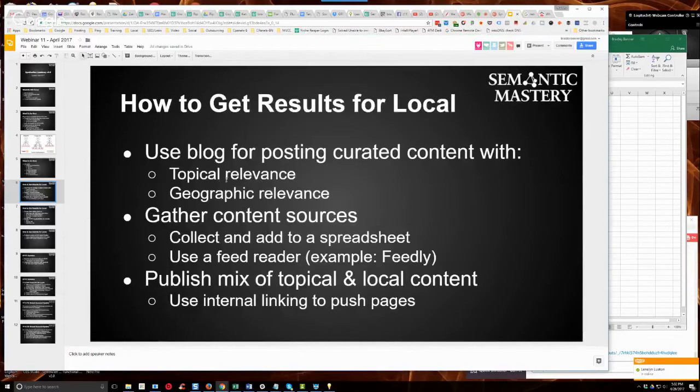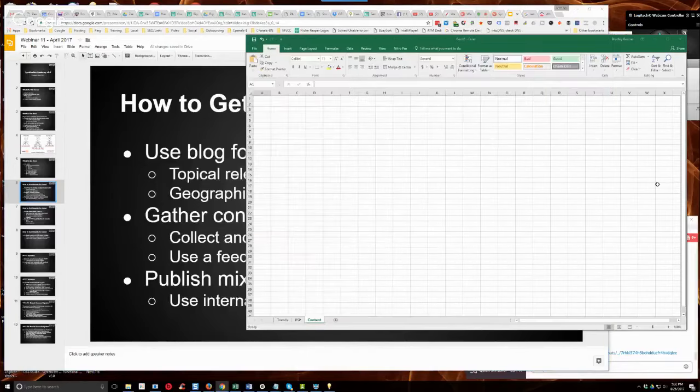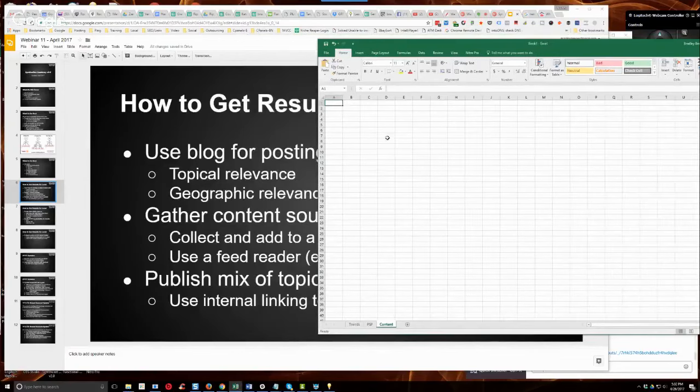sources for. While you're going through that, here's a trick. You can train a VA to do all this too. But look for RSS feeds for each one of those sites. Also, it doesn't have to just be websites, guys. You can also put Facebook pages in here, YouTube channels, LinkedIn stuff, whatever. Anything that's going to be related topically or geographically. Any kind of content source whatsoever. Gather it, put it in a spreadsheet, and that way you have virtually unlimited content to use for your blog,